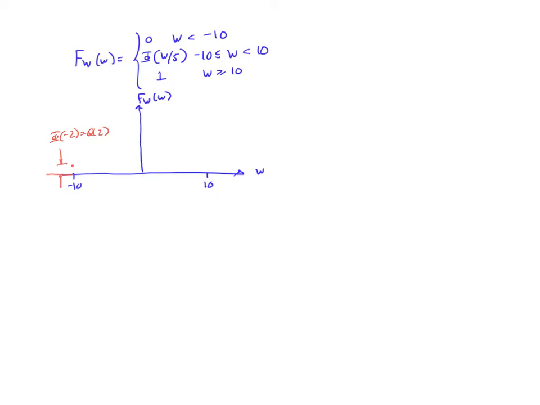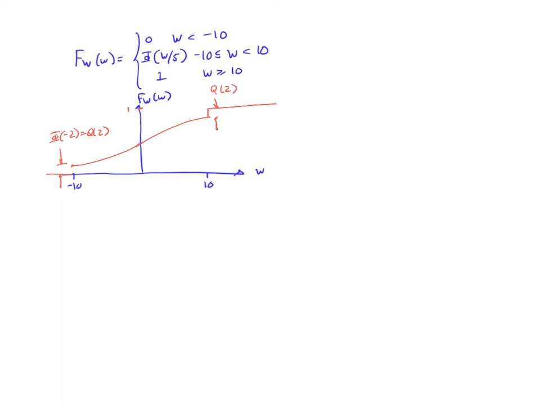And now this function looks like the Gaussian CDF phi of w over 5. It's just the usual sigmoidal S-shaped curve. And then finally, it has one more jump at 10. And the height of this jump is also equal to Q of 2. And that's the complete CDF